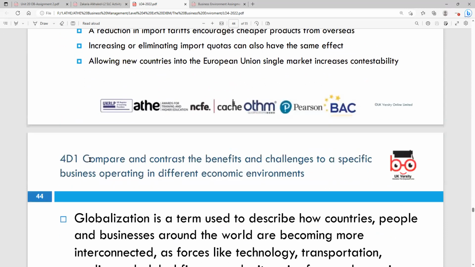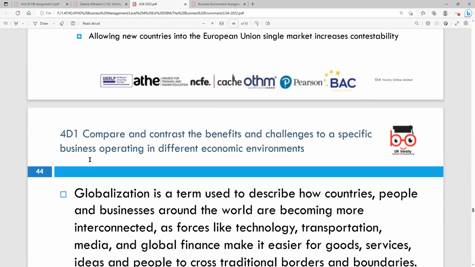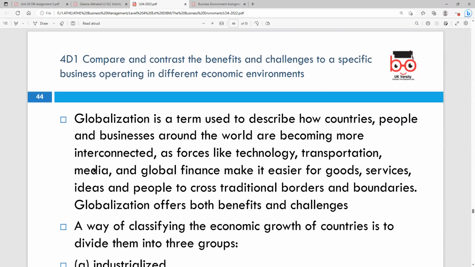Okay, now you can go for a distinction when you complete your assignment. You can look at different businesses operating in different economic environments. You can go for a merit or distinction. If you go for a distinction rather than a pass, you need to compare and contrast the benefits and challenges to specific businesses operating in a particular economic environment, and tell us how they function, what the similarities and dissimilarities are, what the benefits and issues are, on particular examples of